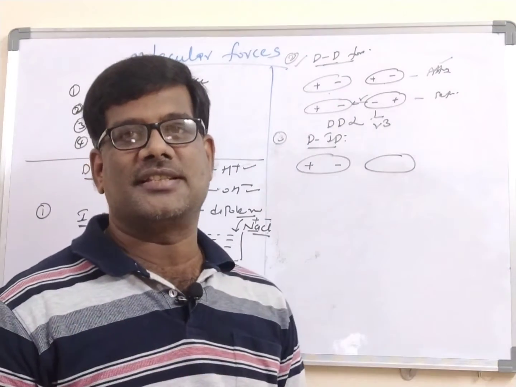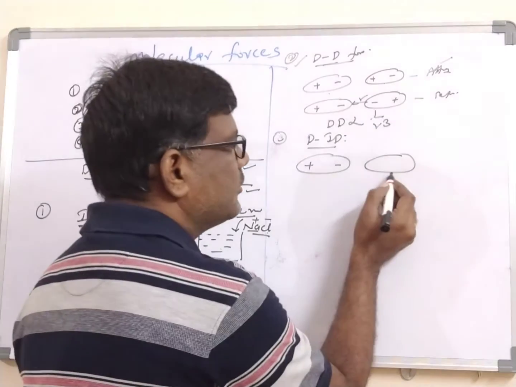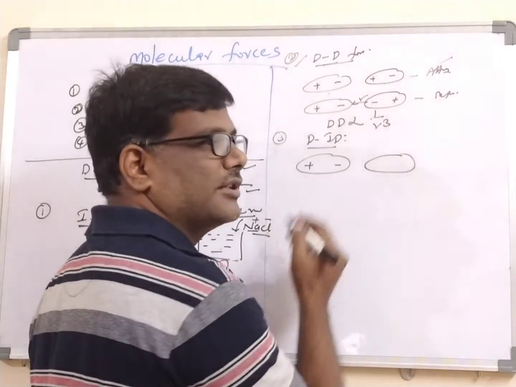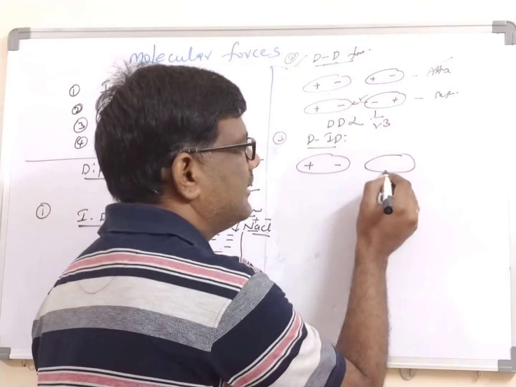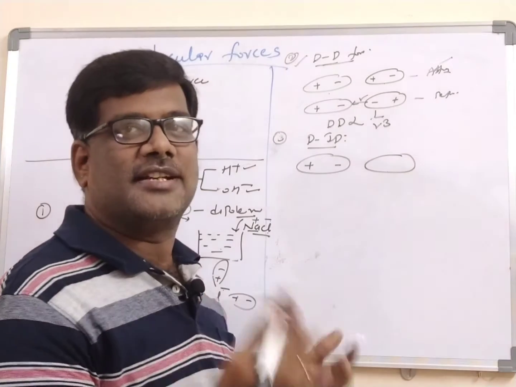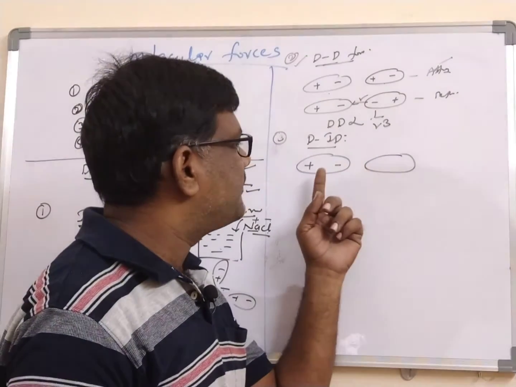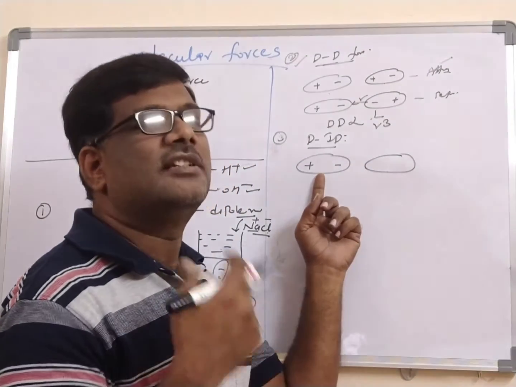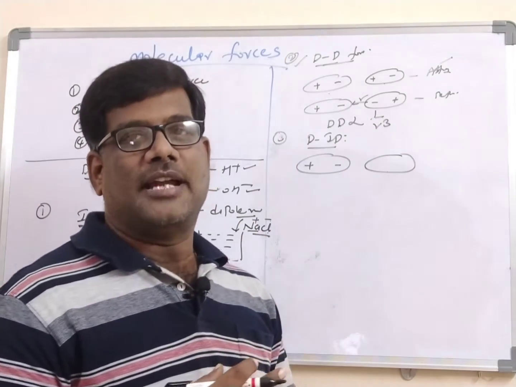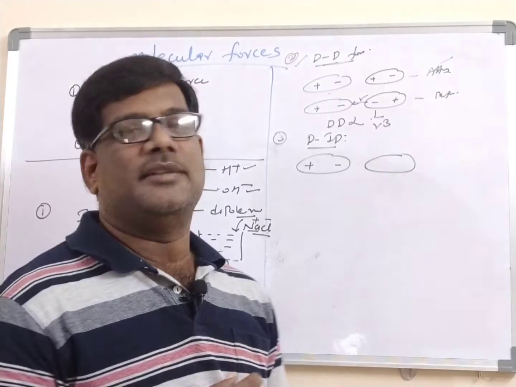No plus, no minus is called neutral. But when this neutral molecule is adjacent to a dipole, nothing but a dipole molecule adjacent to the neutral molecule, immediately this neutral molecule behaves as a dipole. Why is it behaving as a dipole? Because a dipole molecule is adjacent to the neutral. This neutral now behaves as a dipole molecule, which is a temporary dipole molecule.